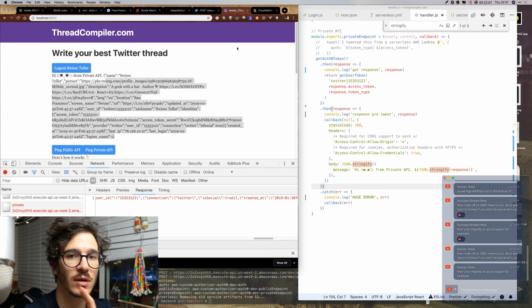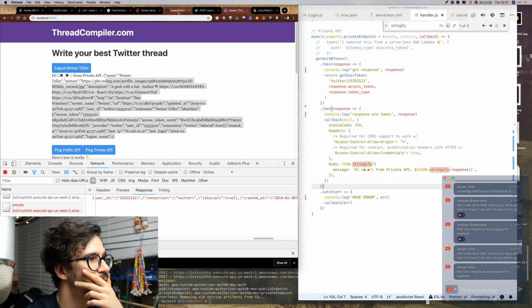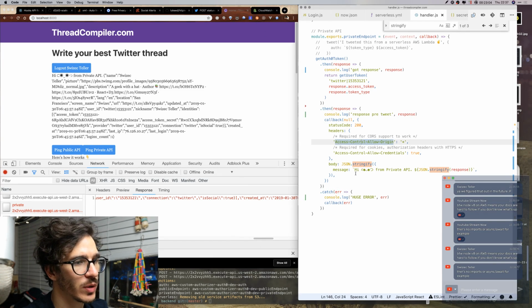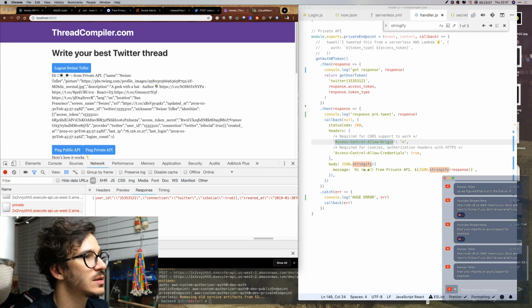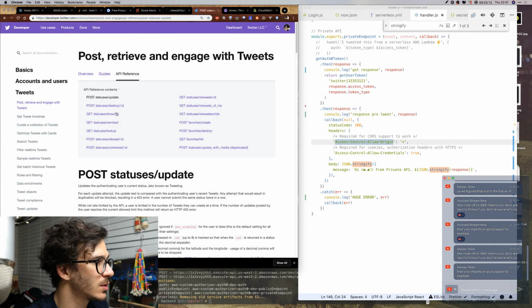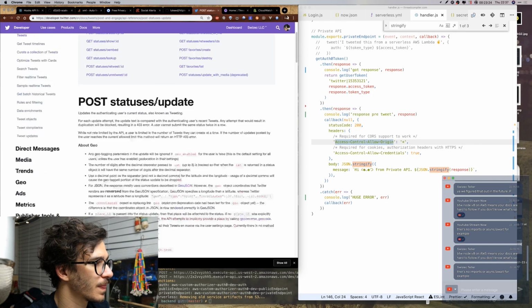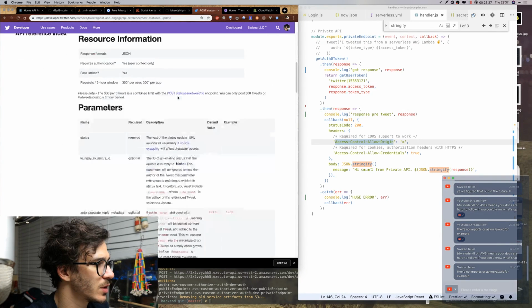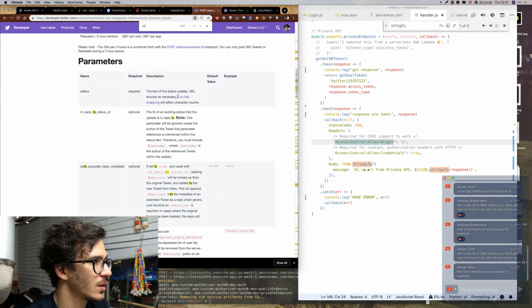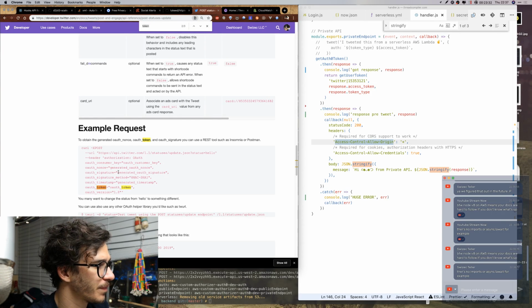So now we can use an actual, no, I'm gonna try not to use a Twitter API. So let's see, what do I need to send to Twitter to be able to make this work? Overview, API reference, introduction to tweet JSON, API reference, status update, resource URL. So we need token. Where does it say token?